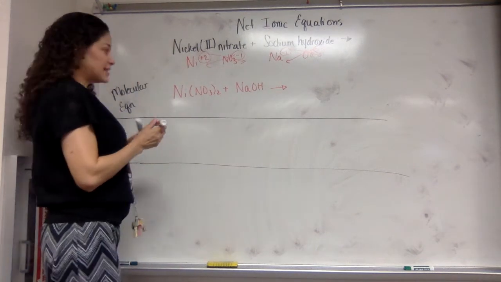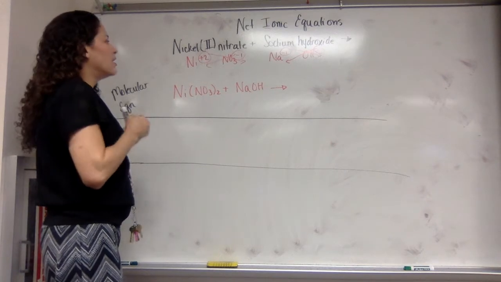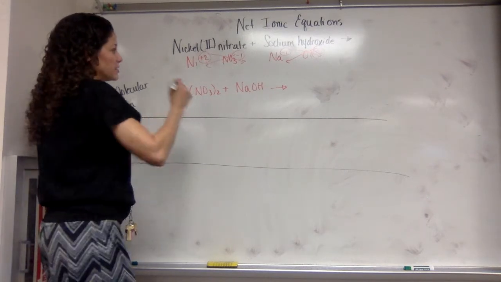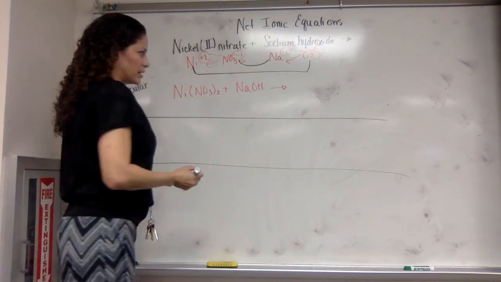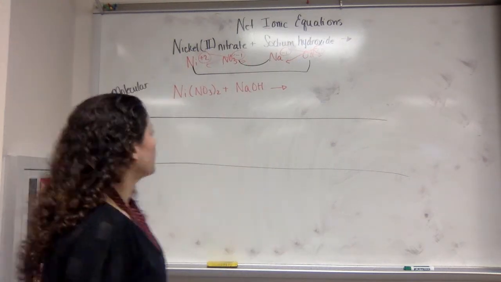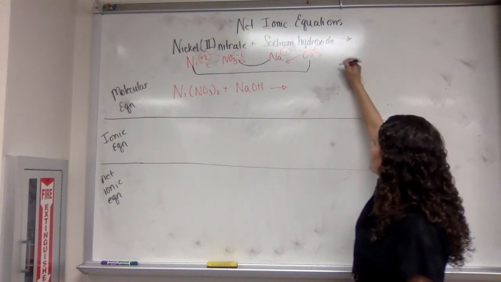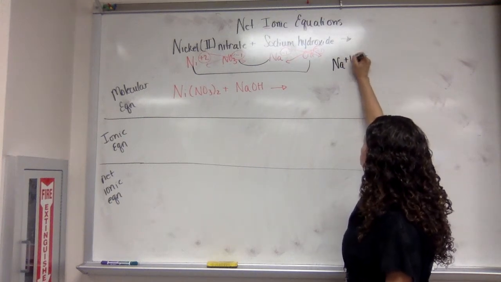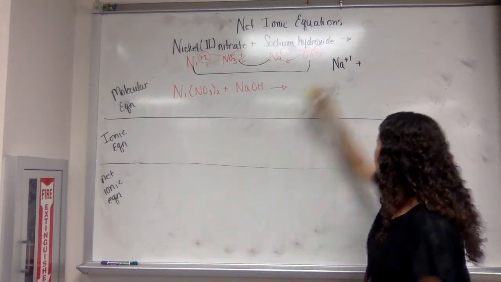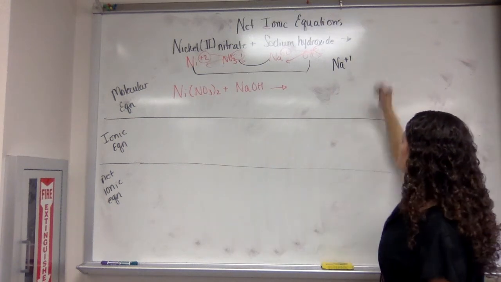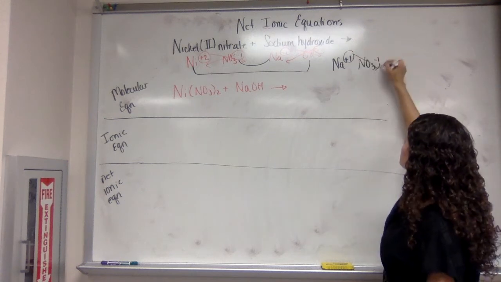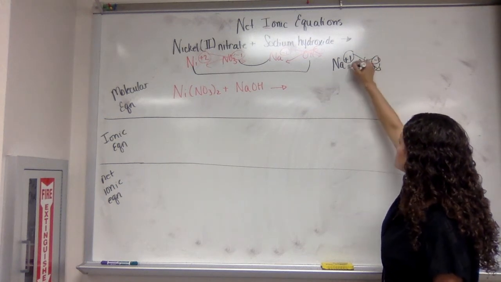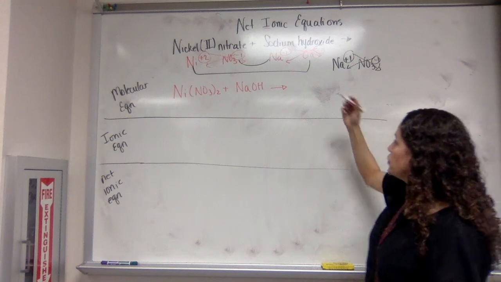So now here comes that scandalous relationship again. Nickel is going to hook up with hydroxide. So these guys are going to get together, and then these guys are going to get together. To form my compounds here, I'm going to have sodium with a +1 charge, and then nitrate with a -1 charge, NO3 with a -1. So crisscross, I have sodium nitrate,